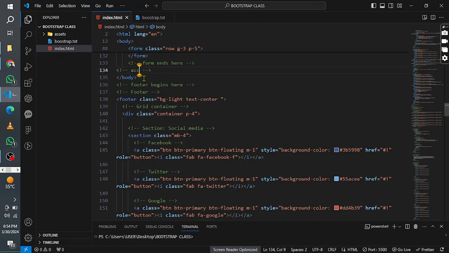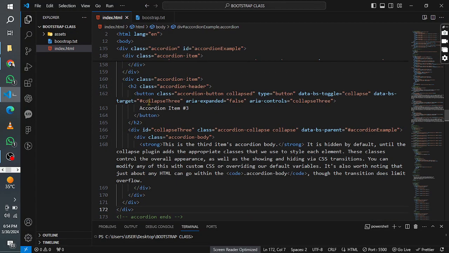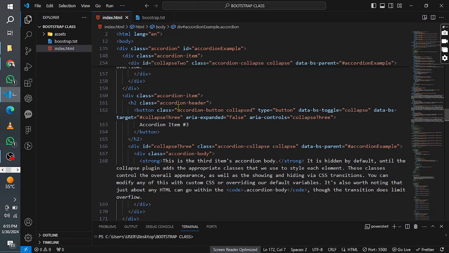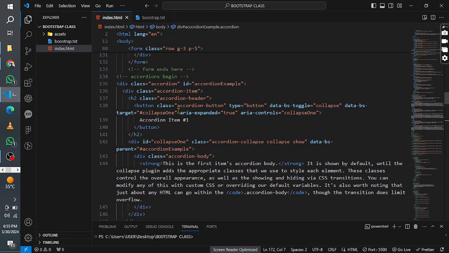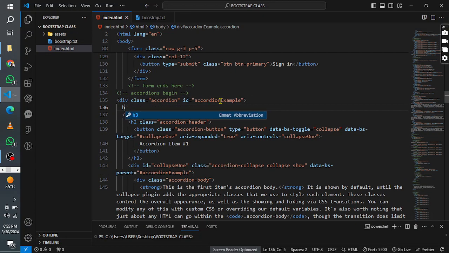I can say accordions again. Accordions, and okay, I paste this, and I go back, everything should be in place. So this is mostly used for FAQ. So take for example, I want to add a FAQ to this website, and the accordion here, whatever name you want to give it. I can add a h3, say .h3,